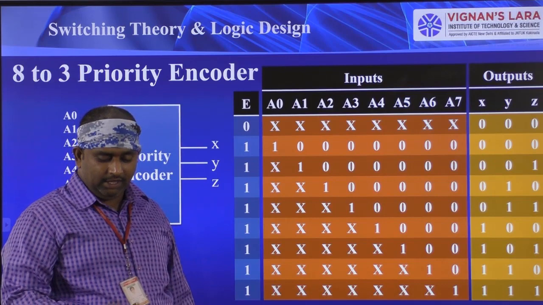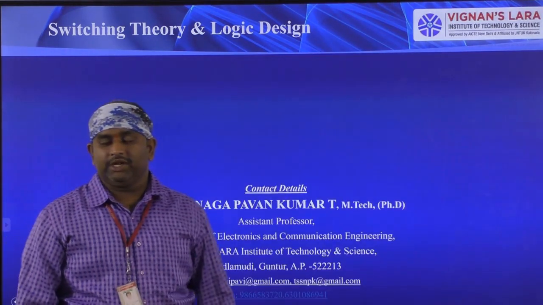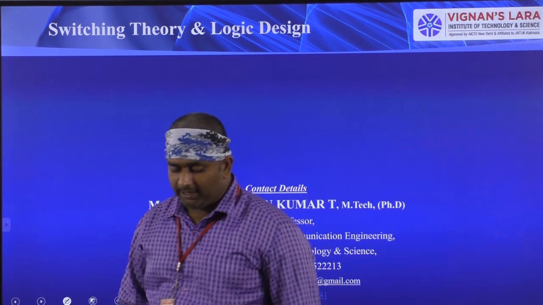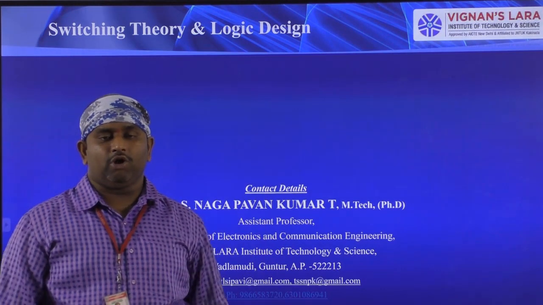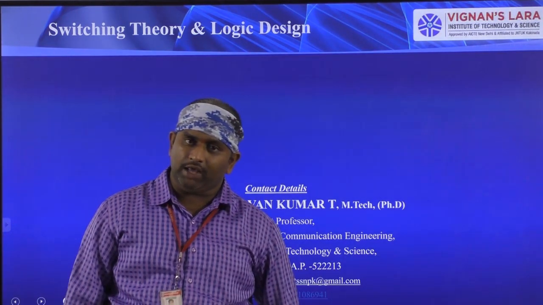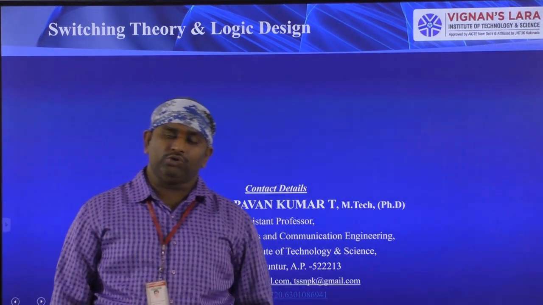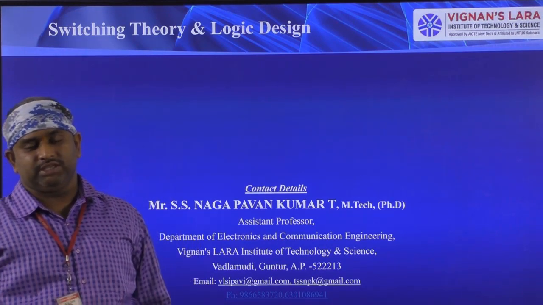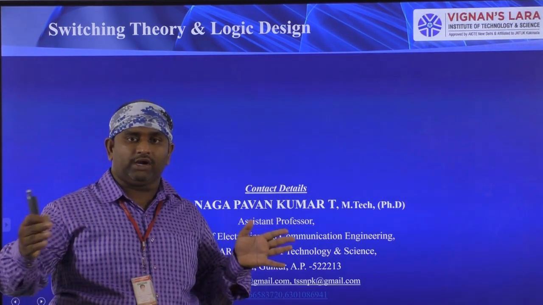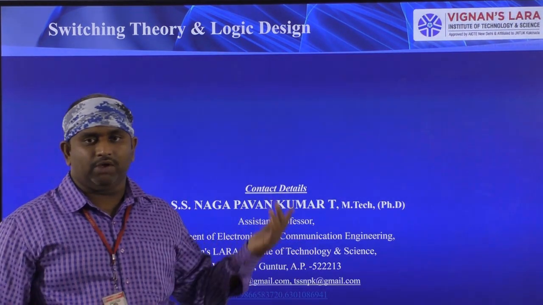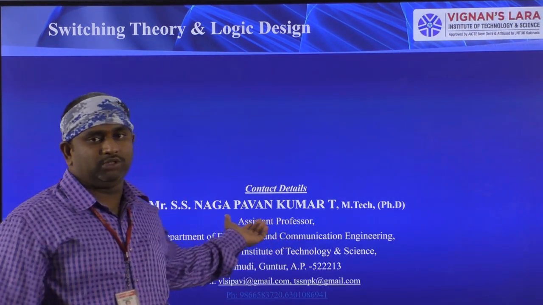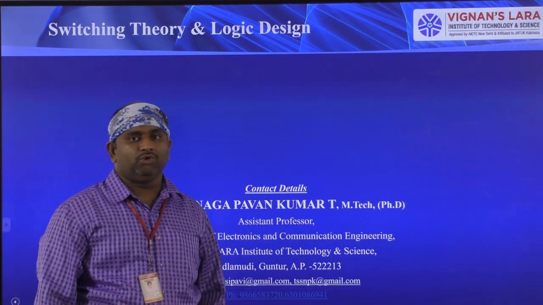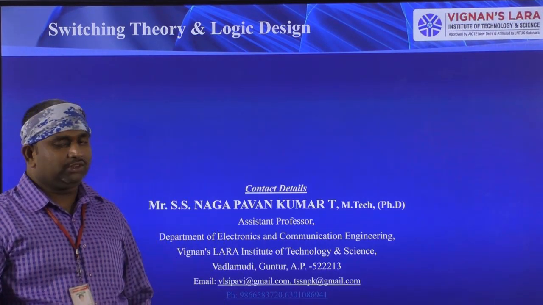This is the priority encoder. Right? So that's it for today. In today's class we have discussed the encoder topic. In this encoder topic, first we have seen the definition of encoder, and we have seen 4 to 2 encoder and 8 to 3 encoder, the types of encoders. Then the internal diagram of 4 to 2 encoder also we have seen. After that we have seen the encoder decoder connection in a communication system. We have seen the example. Then we have discussed the priority encoder. 4 to 2 priority encoder we have seen, and 8 to 3 priority encoder we have seen. Okay, that's it. Thank you very much.